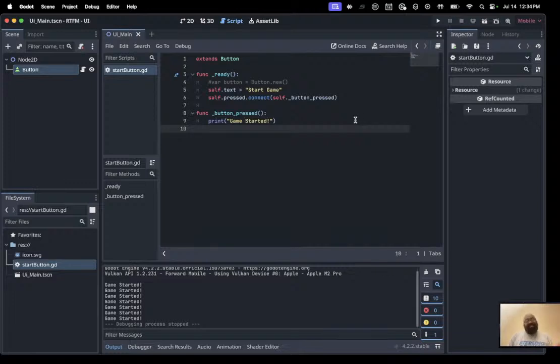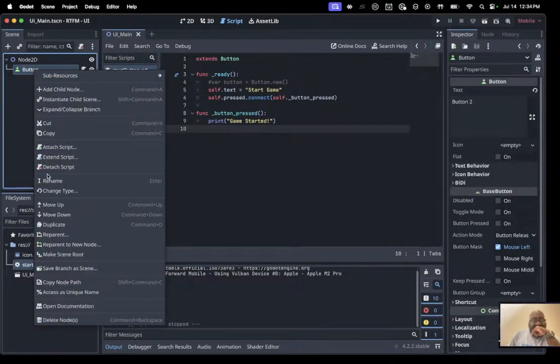Let's see. So we got that. So if I did this, this would be any button. If I did it like this, anytime I created a button, I could do this and it would do this. I wonder if I could get it to use its name here. So if I gave it a name of rename,